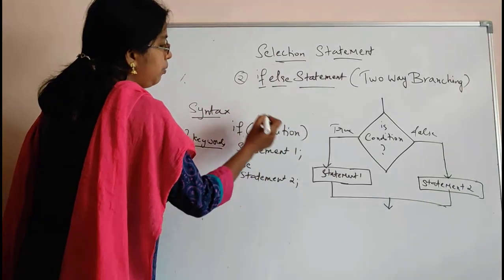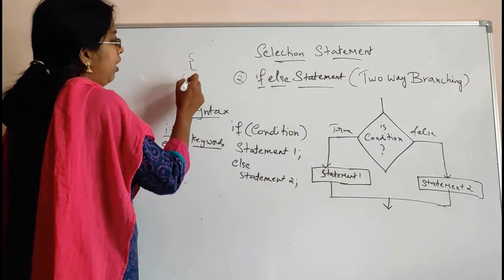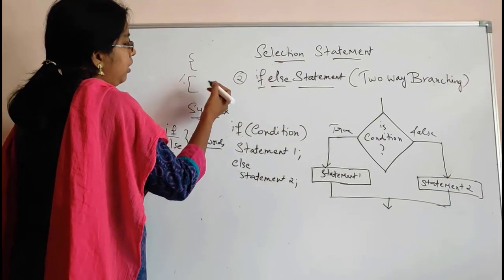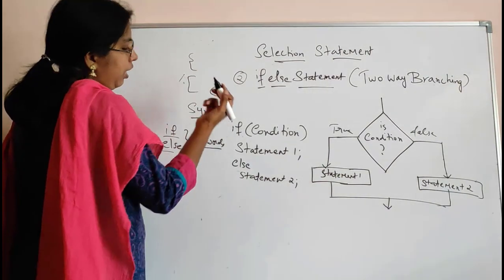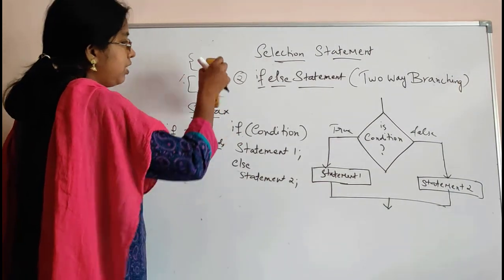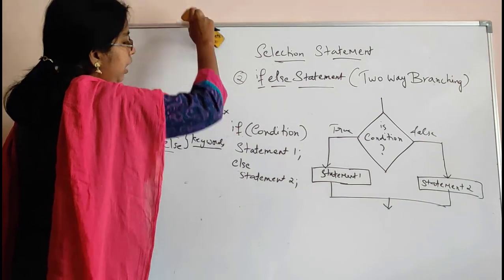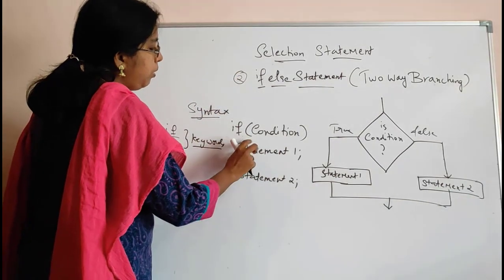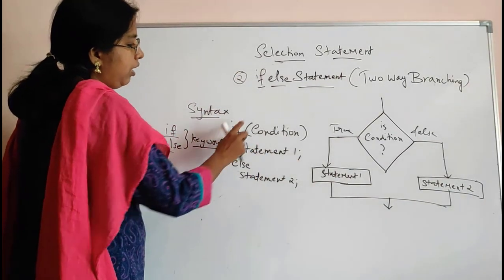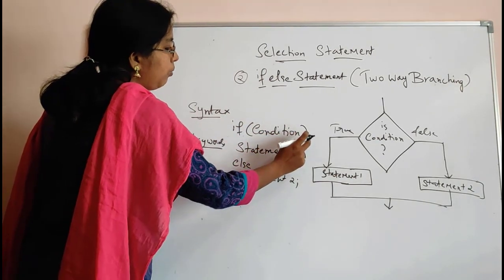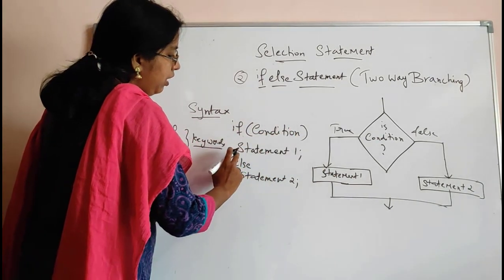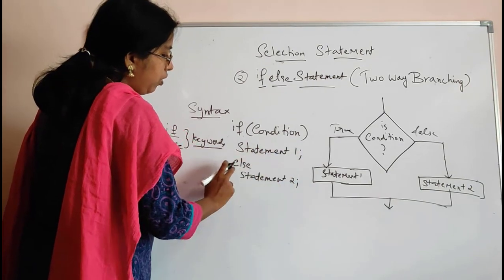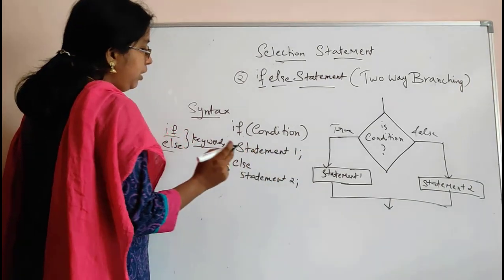Okay, you cannot use any other brackets. There are different brackets like flower brackets, square brackets, and you have round brackets. Okay, so there are different kinds of brackets. You have to always use only round brackets when you write the condition, and once there is an opening bracket, there should be a closing bracket, open, close, and there should not be a semicolon for the if condition. Then you have statement 1, then you put a semicolon, then you write else and statement 2.